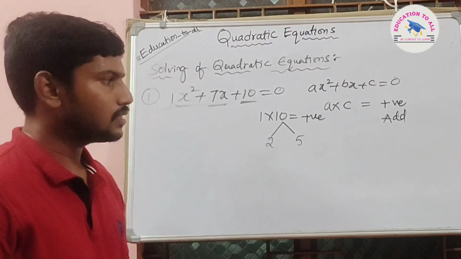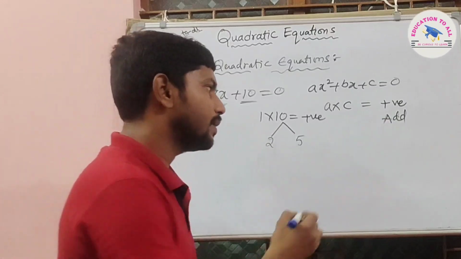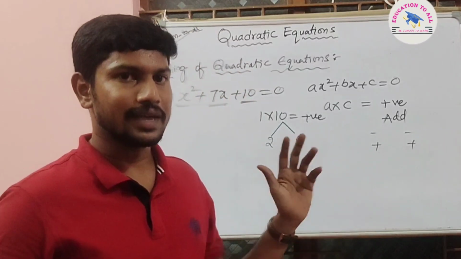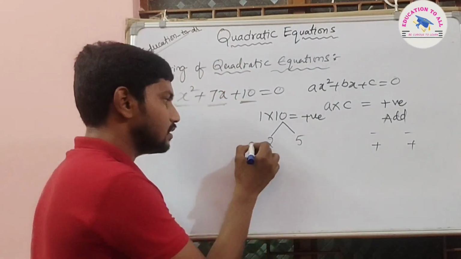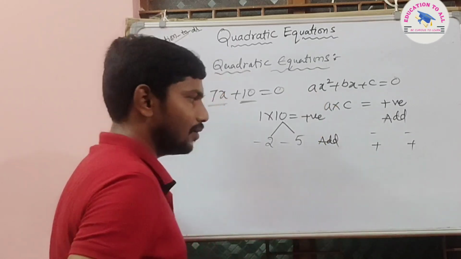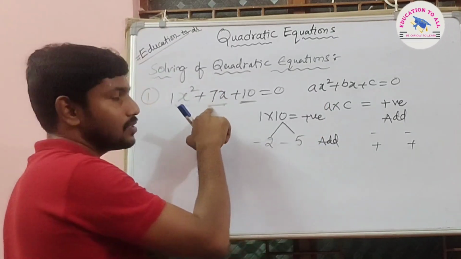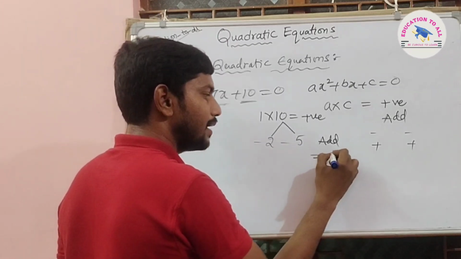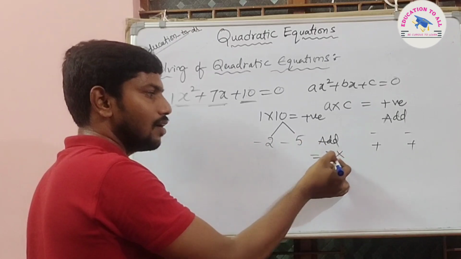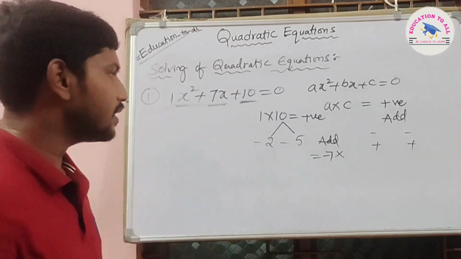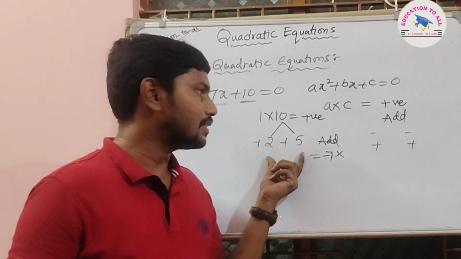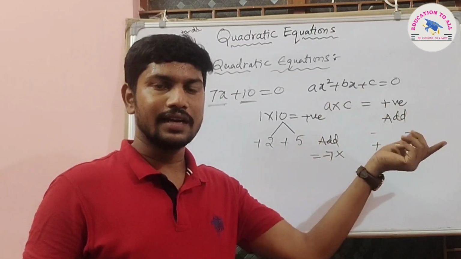There are two conditions for addition. Both should be negative-negative or positive-positive. In these two conditions we can add. I'll consider first negative-negative. That will be added only. But our requirement is positive 7, and here we will get minus 7. Then we will change the possibility. This possibility is a wrong assumption. So I will take it as plus plus. When both have plus and plus, that will satisfy the required condition of addition.